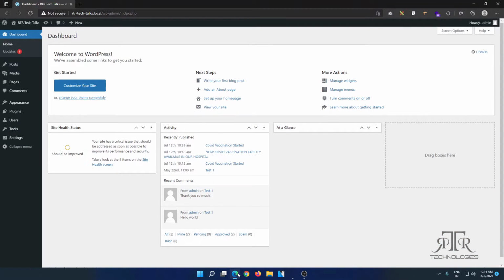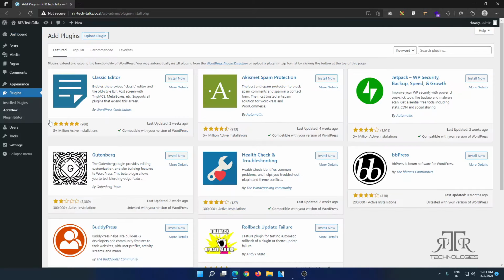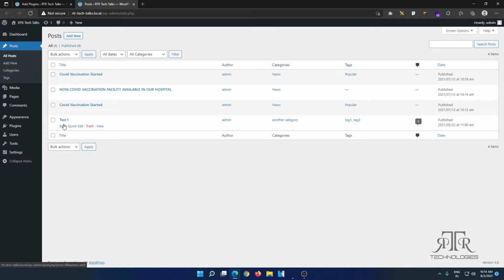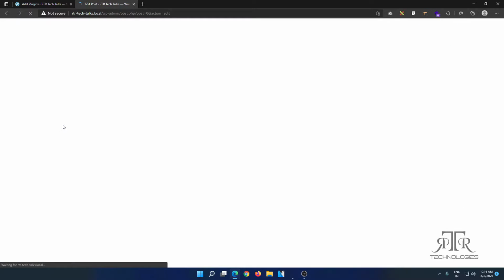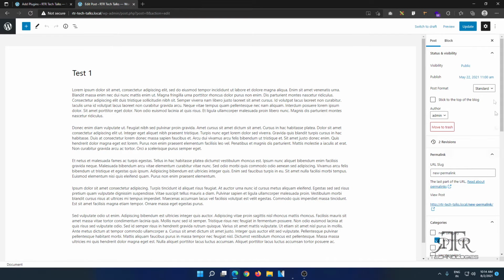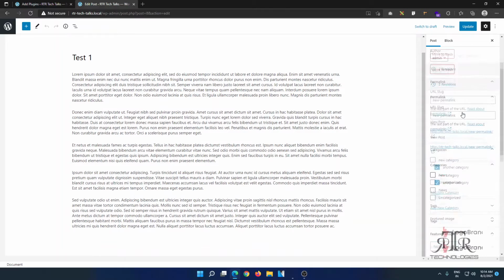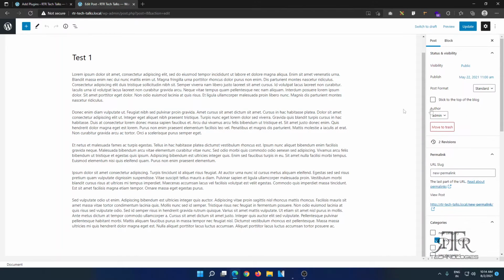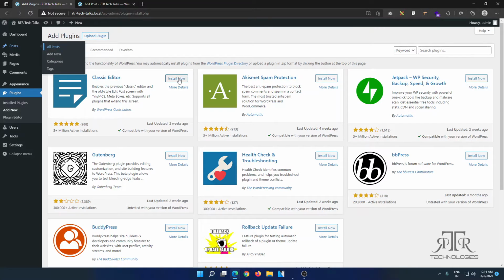So head on to our dashboard and under Plugins, select Add New. Under the Feature tab, you can see the Classic Editor. Before installing this plugin, head on to All Posts and edit any post. As you can see, this is the default editor layout for posts. Everything looks cluttered. Now go back and install Classic Editor